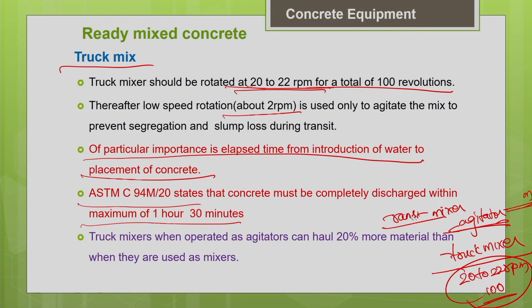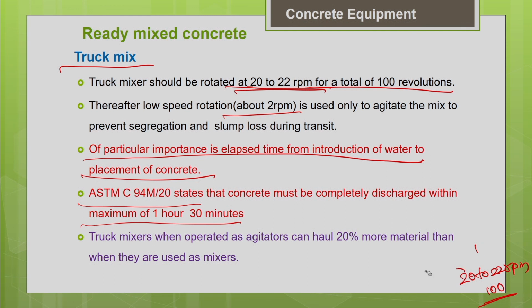So, that is why sometimes, as I told you, when the time unfortunately gets extended, people try to retemper the concrete because they don't want to waste the concrete. They try to retemper it by adding some extra water, but that will definitely affect the quality of your concrete. Okay. So, that is why for extended transit we can even go for admixtures like retarders. Okay. So, there are certain special admixtures like retarders which are available, which help you to have extended transit time with the transit mixer. Okay. Or you can even go for the truck mix, where you can add the water towards the end of your journey.